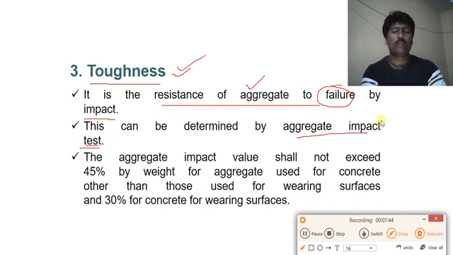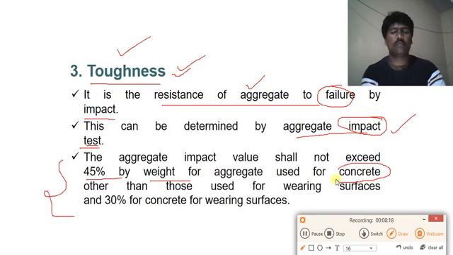This impact test we will see in testing of an aggregate in unit 2, video lecture 2. But here I am giving the minimum values for the aggregates to get the toughness. The aggregate impact value shall not exceed 45% by the weight for aggregates to be used for concrete purposes. Means if you are using any aggregate in the concrete, it should not have